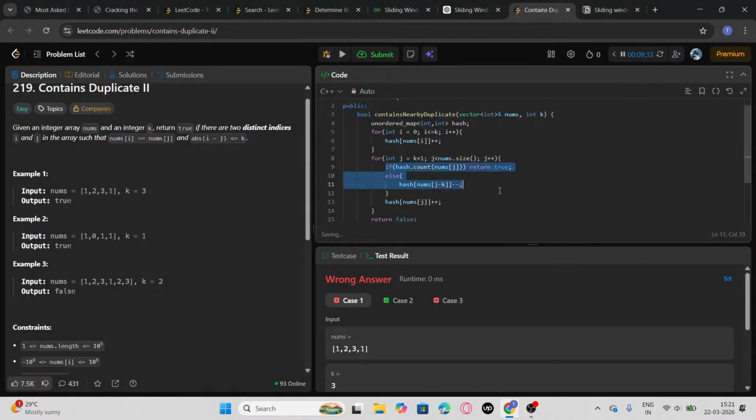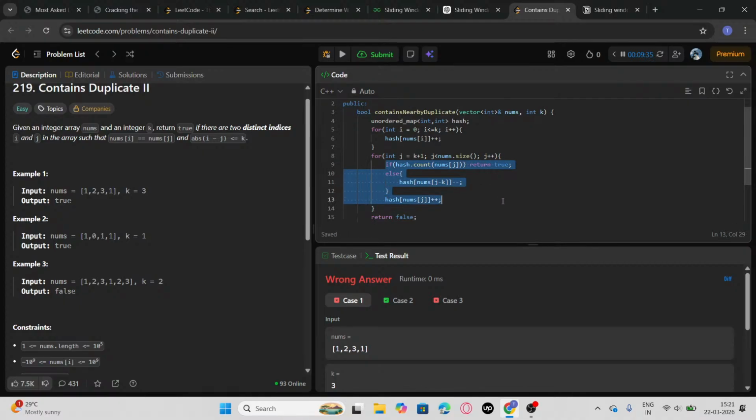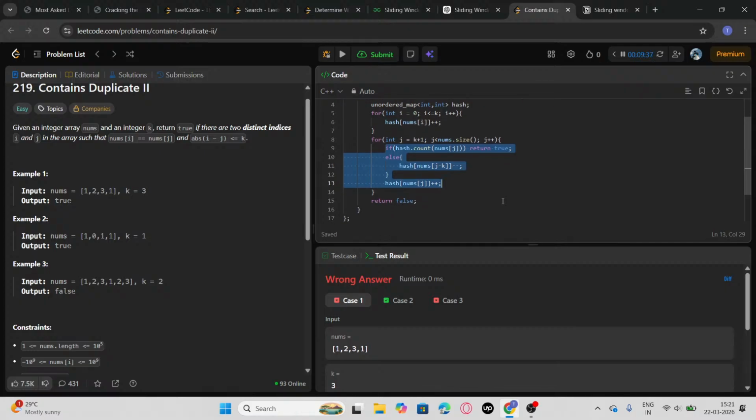I think this check has to be performed later. But the first case,